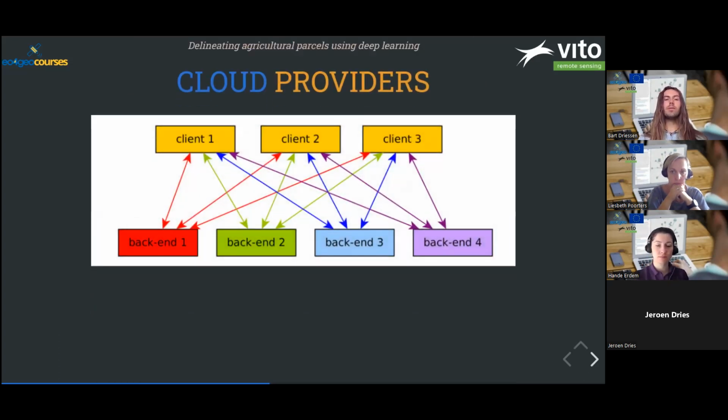And what is currently the case is that you have a lot of different cloud providers. You may have Amazon, the AWS, a lot of different cloud providers,